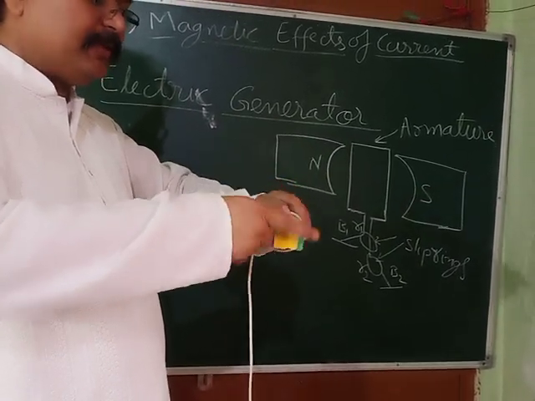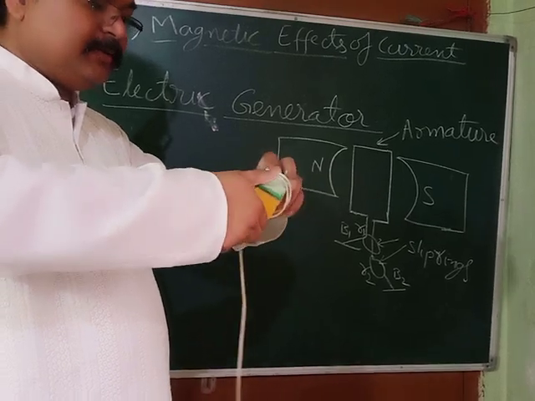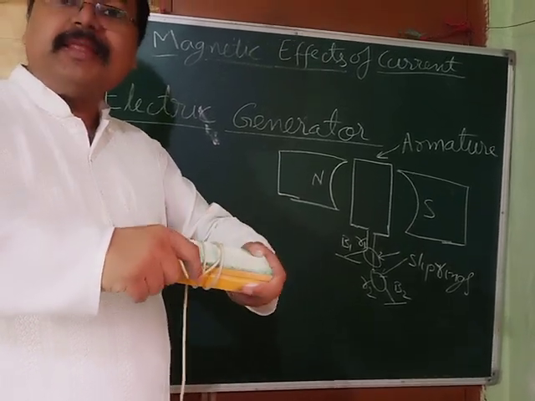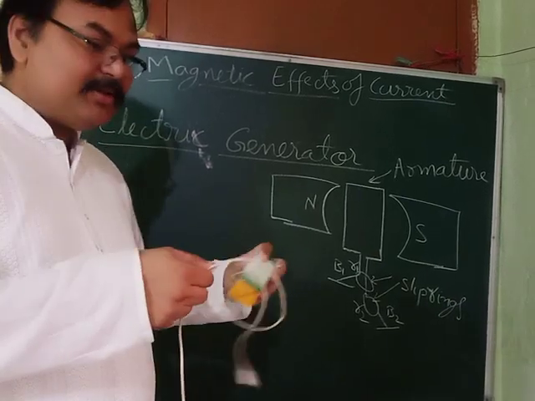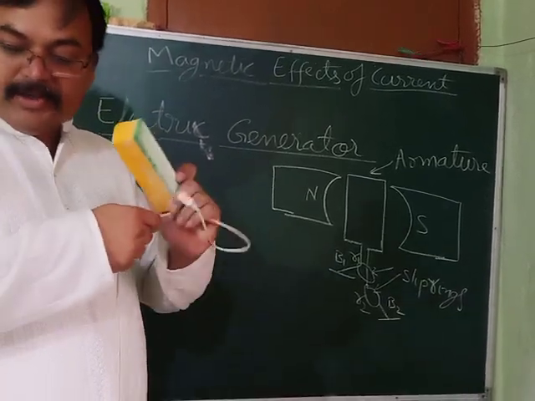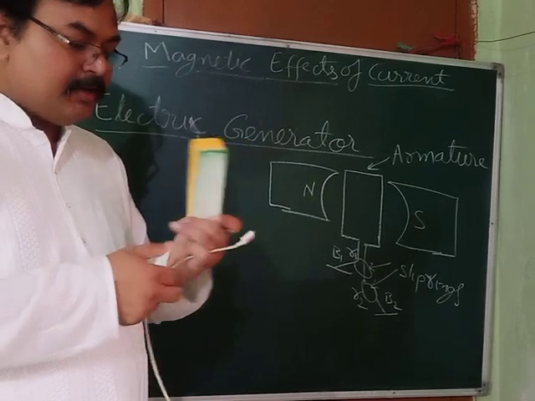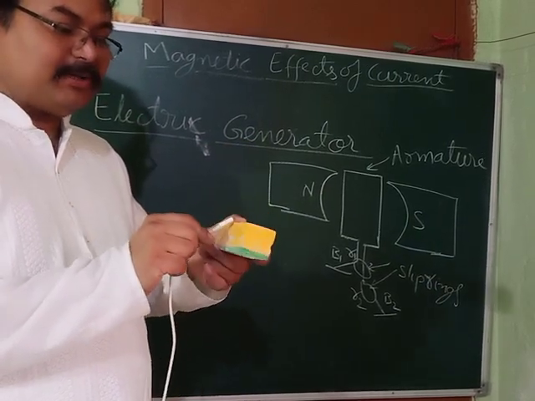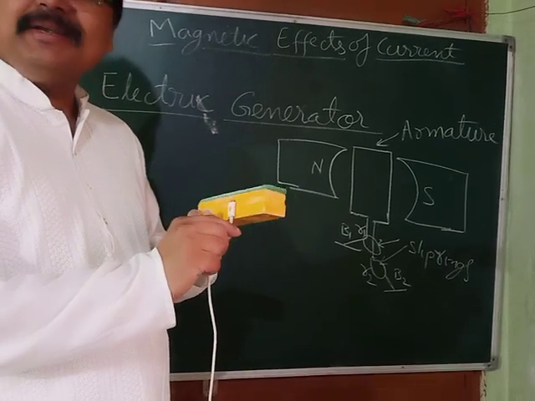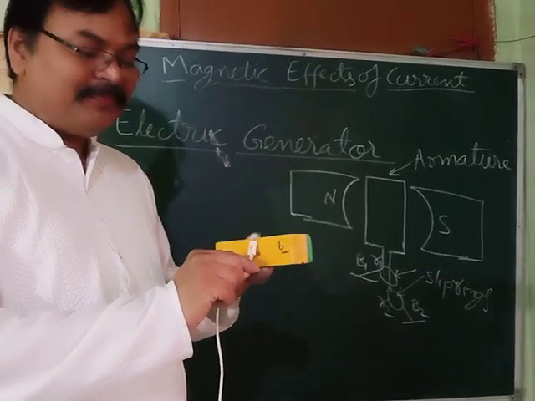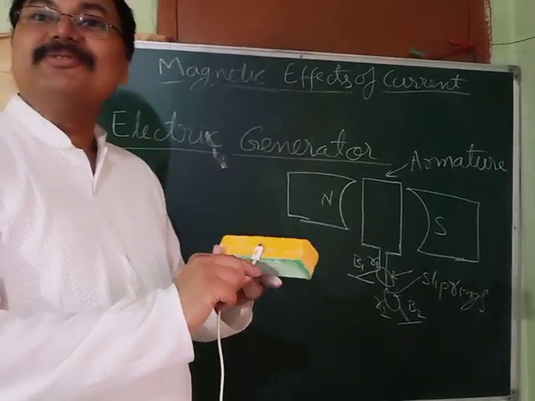It will wrap up like this, no? It will wrap up like this. Okay, it will wrap up and then it will break the wire, so you cannot connect it. Okay, so what do we do? We used to put a brush here like this. So when it is rotating, it will just touch like this, so that current can pass through it. At the same time, it will not break also.